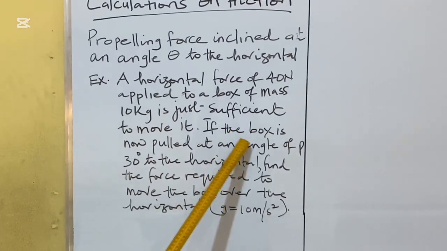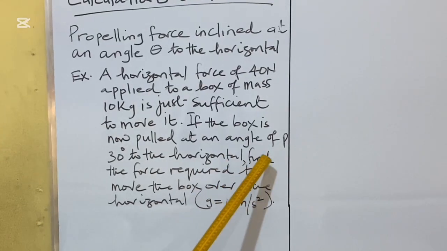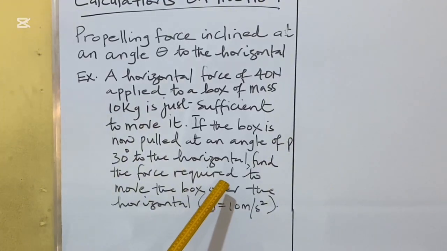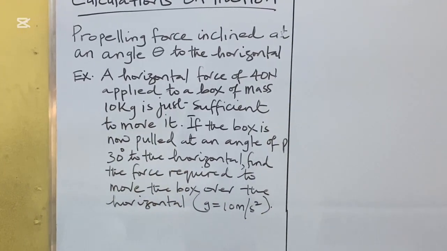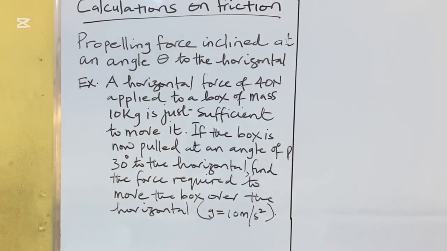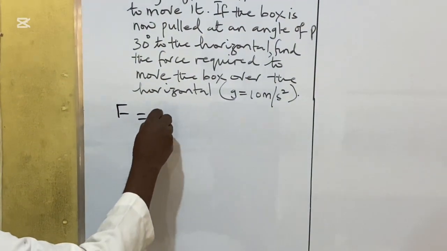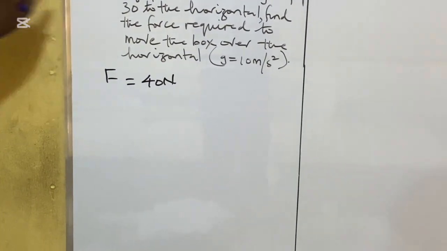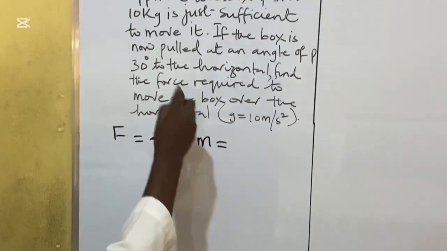Now, if the box is now pulled at an angle of theta equals to 30 degrees to the horizontal, find the force required to move the box over the horizontal. Now again, we know that the force F is equal to 40 Newton. And the mass of the box, M, is equal to 10